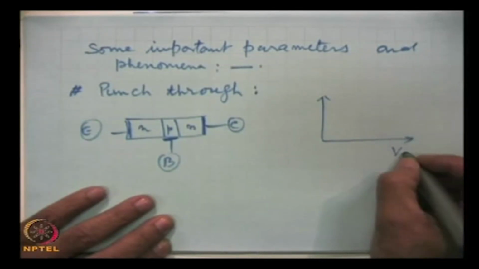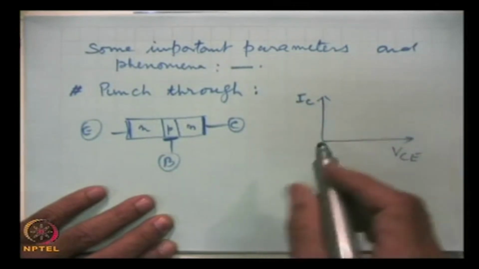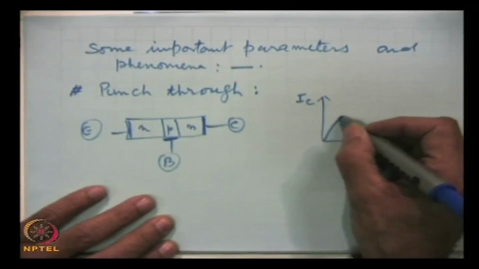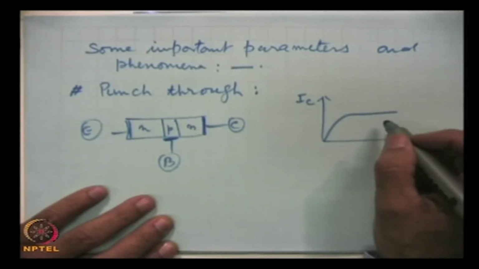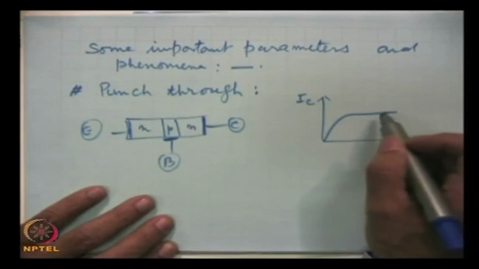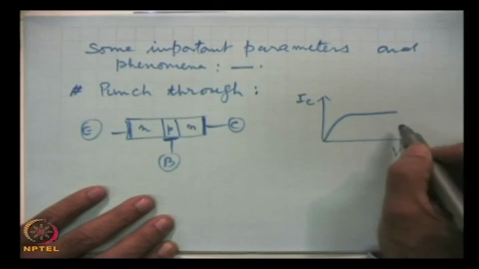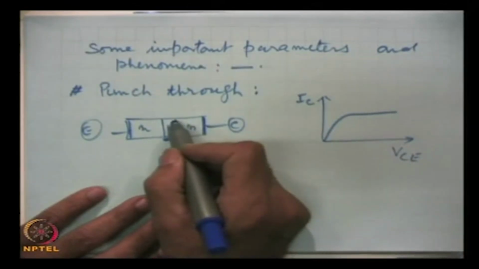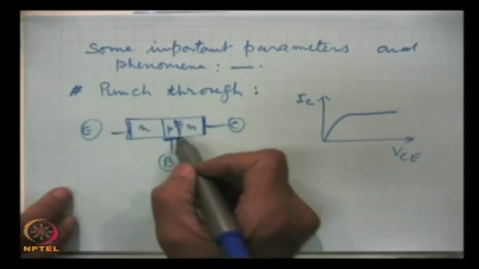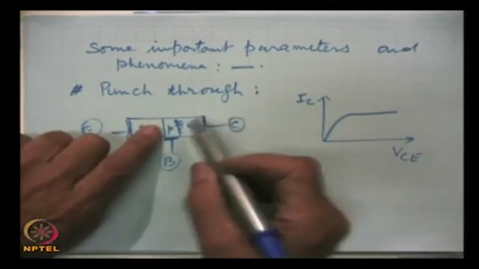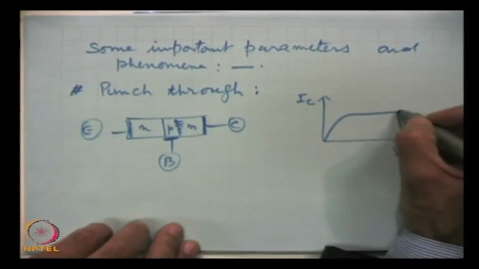This is VCE, this is IC, and this is the normal curve, normal operation. The operation should be restricted to this region, but if we keep on increasing, then the depletion width keeps on increasing, and a situation may come that